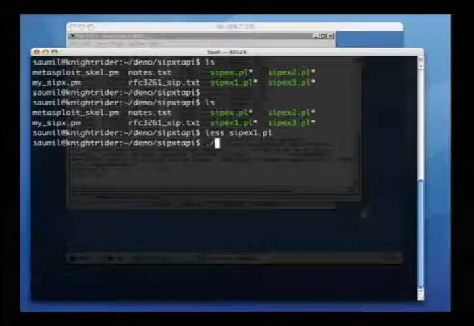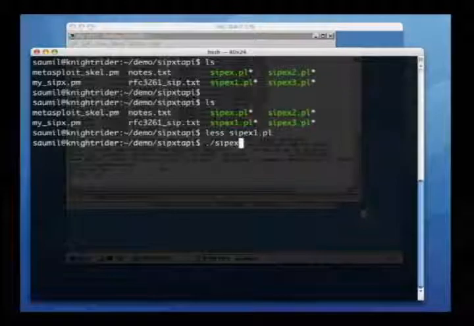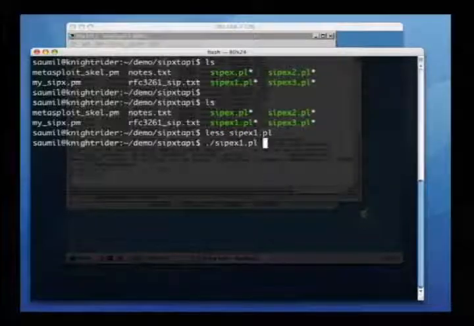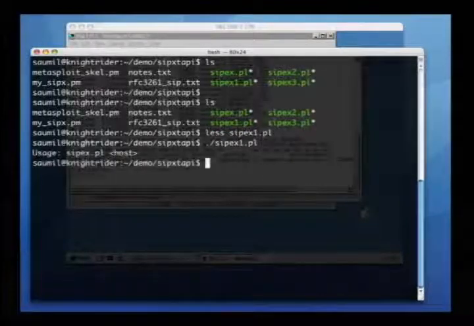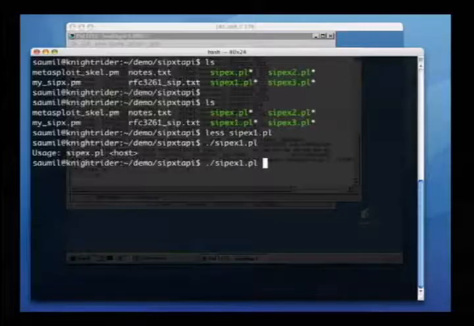Right. So let me launch this sipex1.pl. It's going to ask me for a target host. The beauty of this exploit is it's UDP. It's not TCP. So guess what? Single